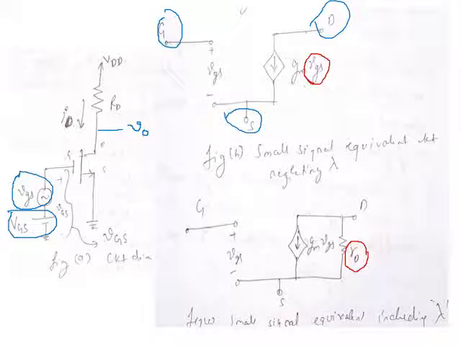If I summarize the concept, the input impedance is very high, therefore the input is replaced by an open circuit, and the output impedance is very high. That is why I am even replacing the output side by an open circuit. But what is the output current? id. That id depends on the input value, vgs, correct? So I am writing id equal to gm times vgs. What is gm? Transconductance. Next, if I consider the channel length modulation, I have to also consider the value of ro. Hopefully this point is very clear.